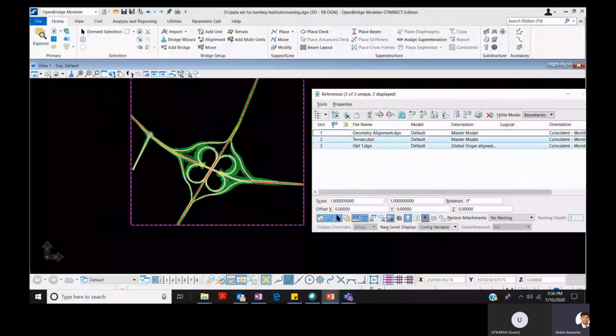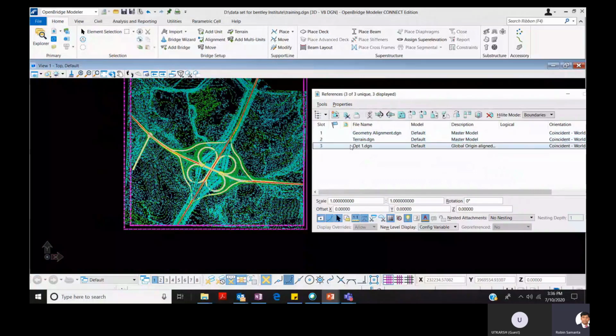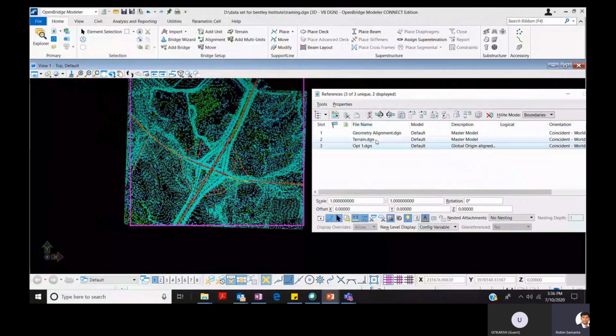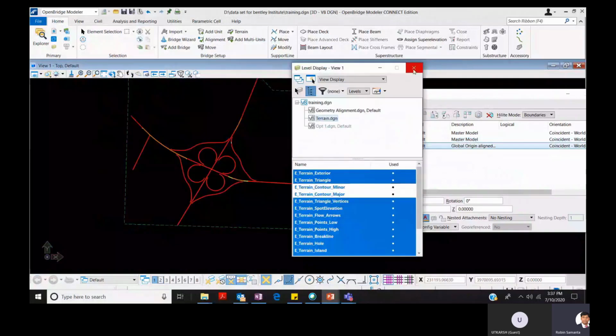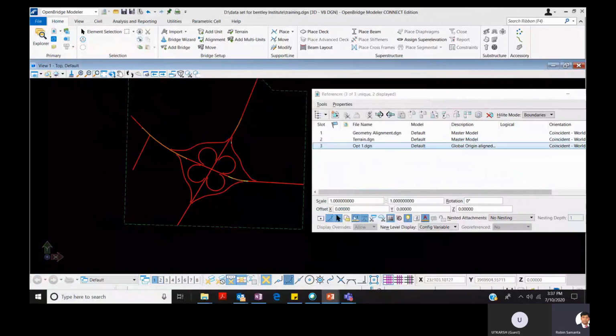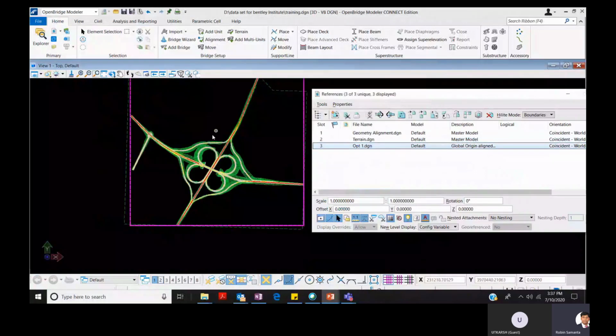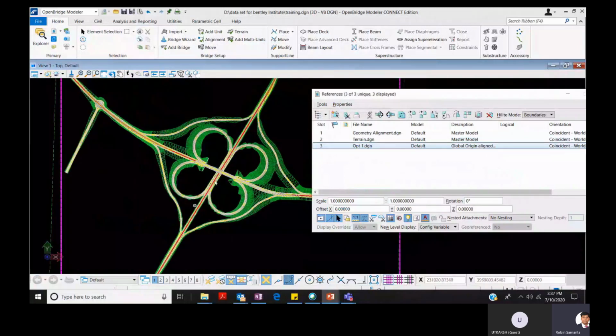Now here you can see that the alignment file will go on or off, and now we are operating with the corridor model. So select the file and then you can push that button to turn that file on or off. Then under this label manager, here also you can operate the same way, on or off a certain layer. So here you can see that contours we have off. So terrain, though it's attached in the model, it is on, but we have turned off a certain layer, those are the contours.